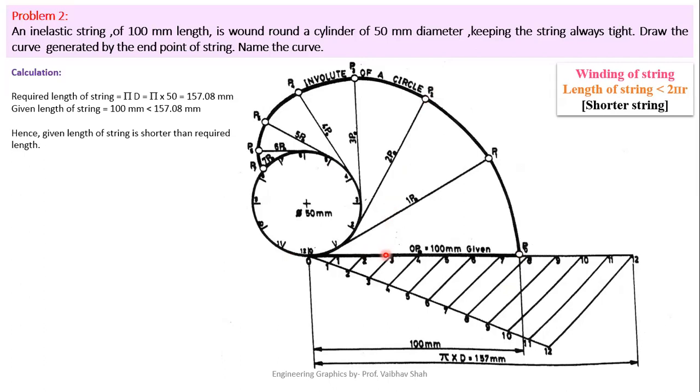Now for point 3, take on your rounder from your point 3 till P0 distance, put your rounder at point 3 and try to mark this distance here to get this point as P3. Now take the distance of 4 till your point P0, put your rounder at 4 point and try to mark this distance on this tangent line of 4 to get this point P4. So we have taken 4 P0 distance. Now take 5 till P0 distance on your rounder, put your rounder at the 5 number point and try to locate this point. You will be having P5 point. Now put your rounder at 6 and take the distance from 6 to P0. Put your rounder at 6 point on the circle and try to mark this point. You will be having P6 point, which is 6 P0 distance away from this point.